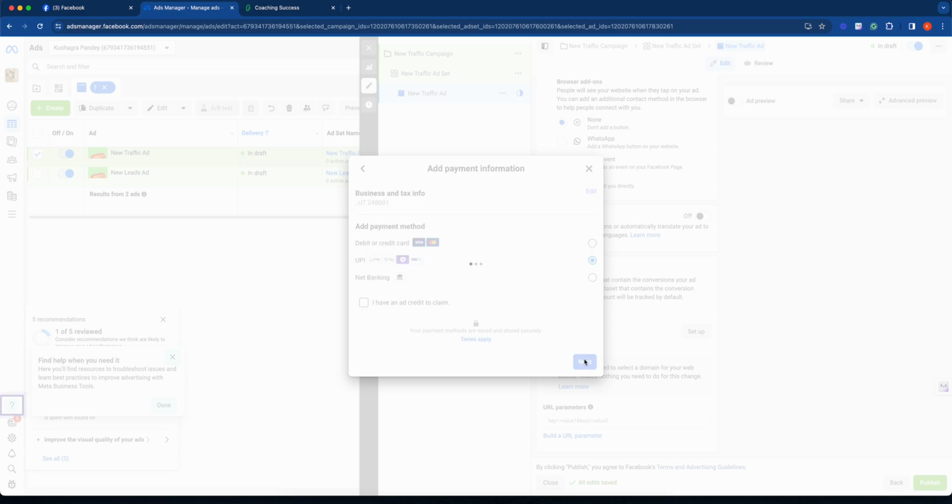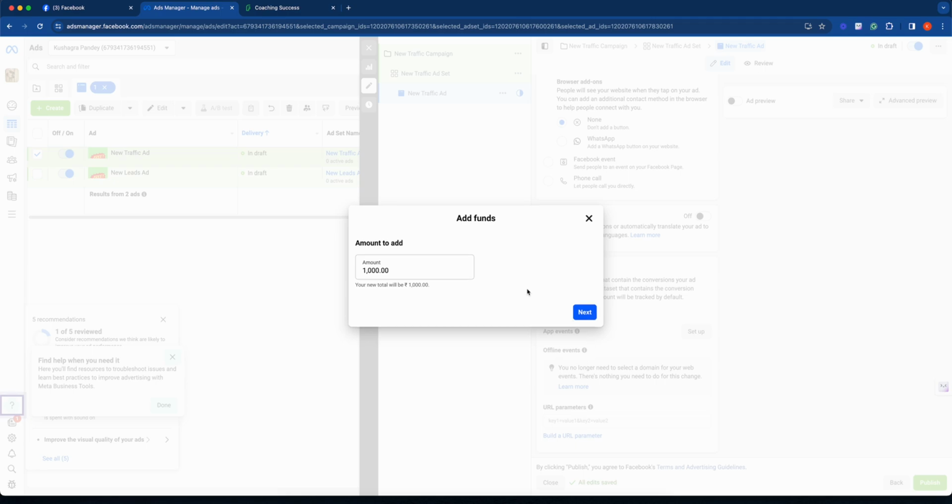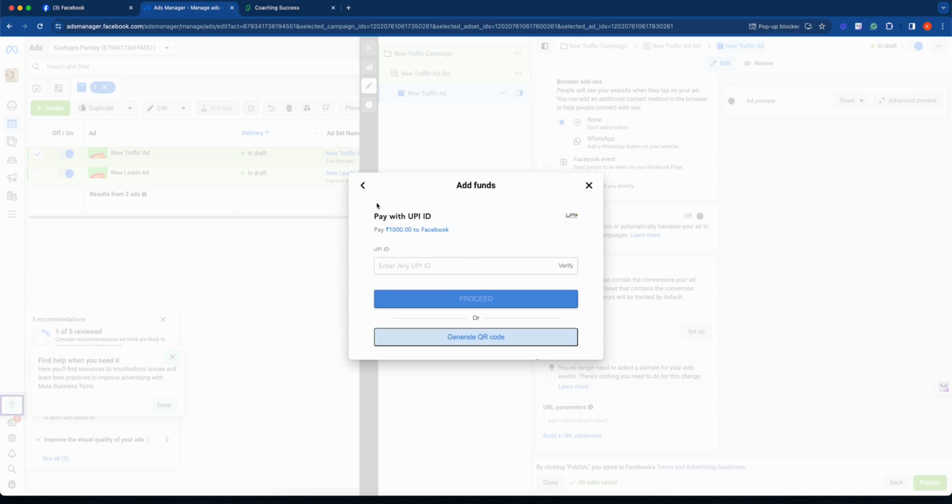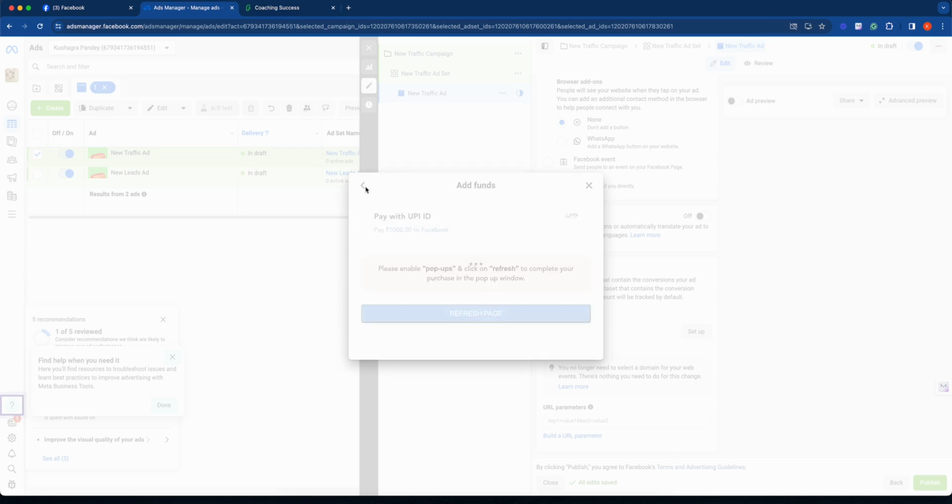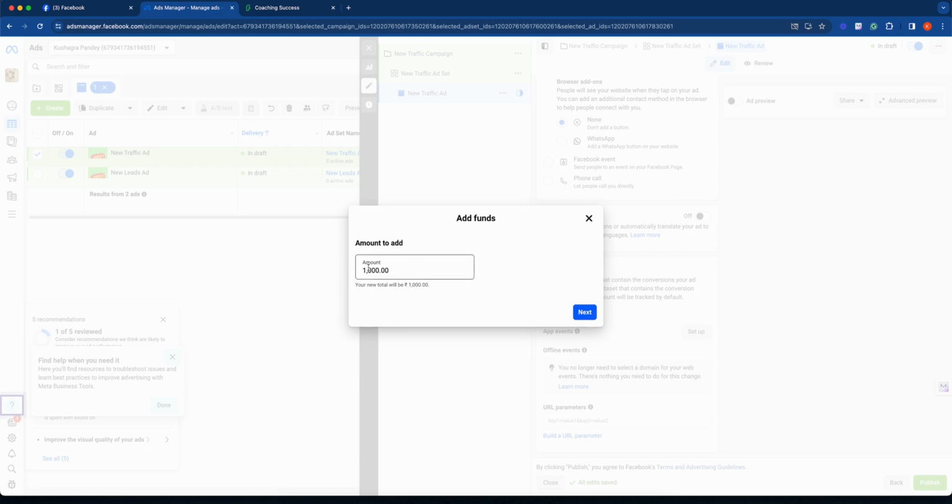Let's see. It's like without any GST or anything. For testing purposes, if I can add a lower amount, that would be nice.